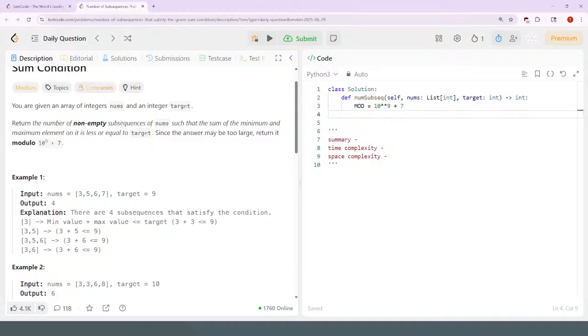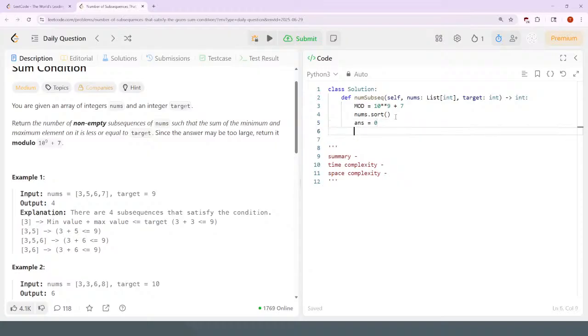It could be 3, 5, 6, 3, 6, 5. The values themselves are what's important. So I think I can and should sort this. So nums is now sorted. So answer is initially 0 as the count. So for each number,